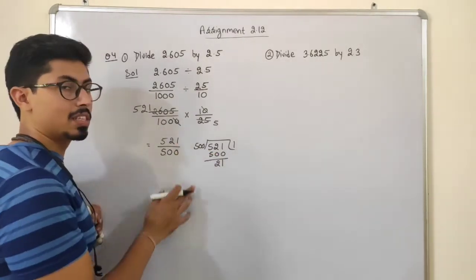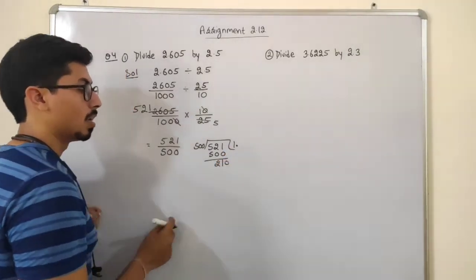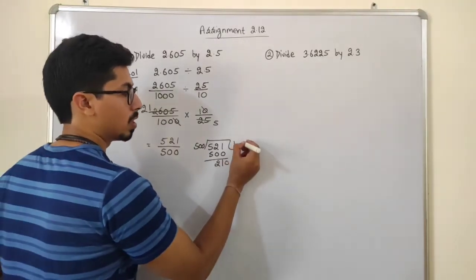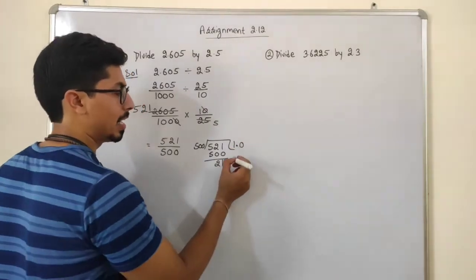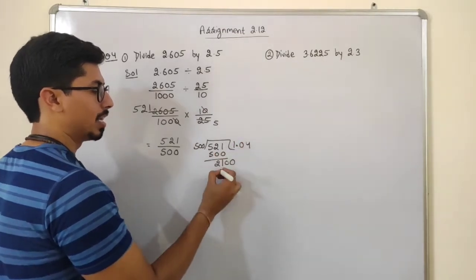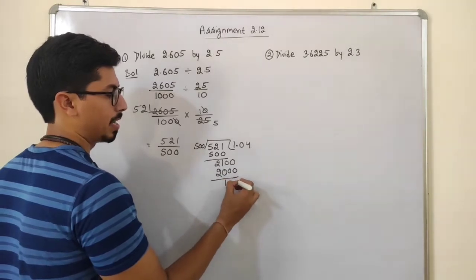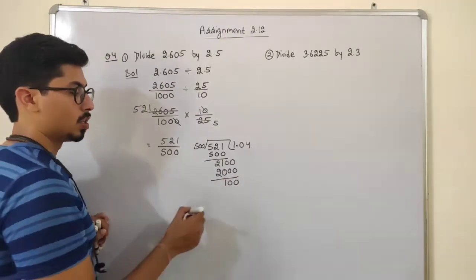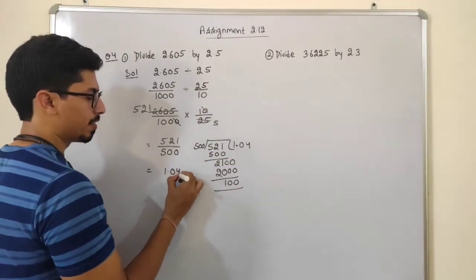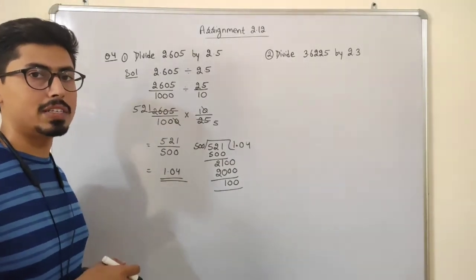Okay. Now 21 is less than this number. So I will do just one thing. Put a decimal here and an extra 0. Now also 210 is smaller than this number. So I just put a 0 here and an extra 0 also here. Now if I just multiply it by 4, students, it will be 5 4s are 20 and extra 2 zeros. So it will be 100. Okay. So I can just say that 1.04 is our approximate answer. So our approximate answer is 1.04.